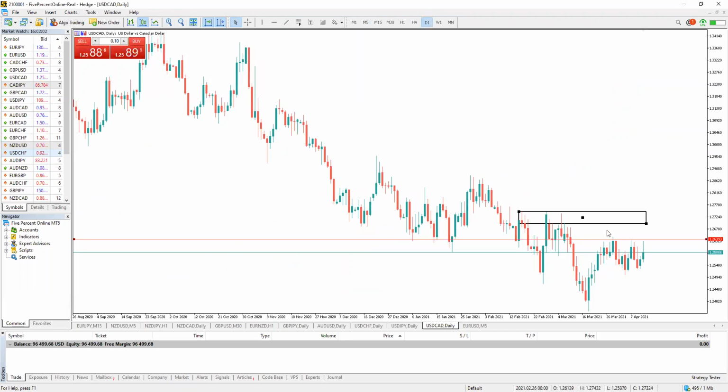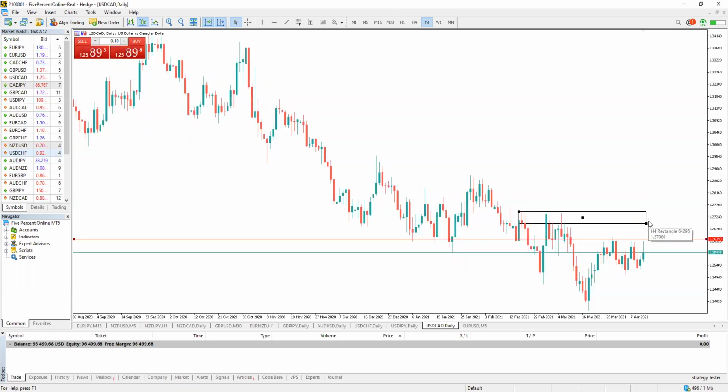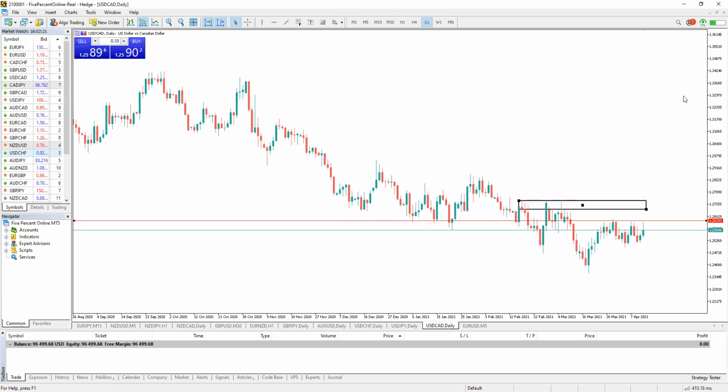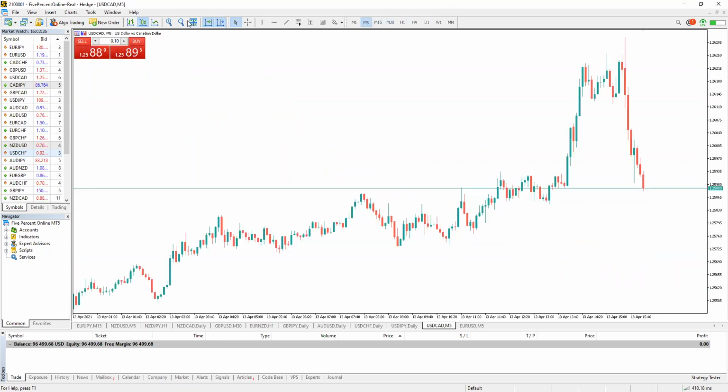So we have this down channel, but I'm expecting this to have a pop higher. We have some demand levels down here. We would have to go backwards in time to find demand. So even if price goes down, I expect some push to the upside. And today we were trading